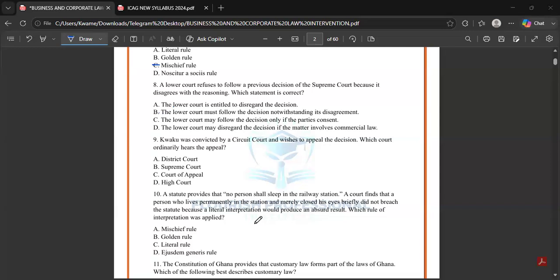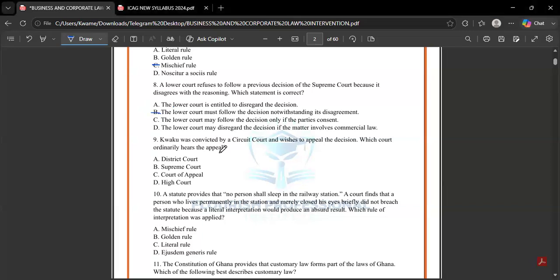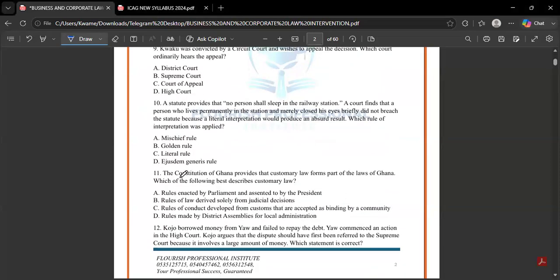So per their position, per their power, per their experience, once they pass a ruling, all others are supposed to follow it. So a decision to say that it will not follow what the Supreme Court has said, as you've rightly said, they must follow, notwithstanding their disagreement. Because the one who interprets the law, the one who gives the meaning to the law, has given a decision. Who are you as a court to say you won't follow it? Okay, let's proceed.